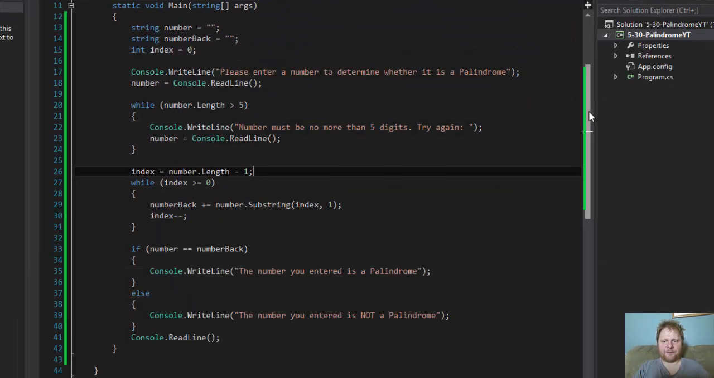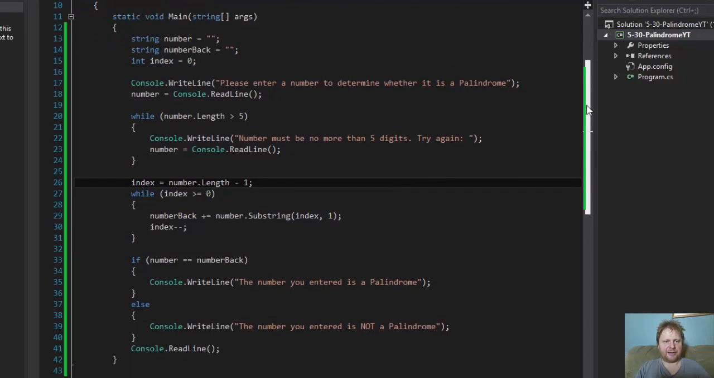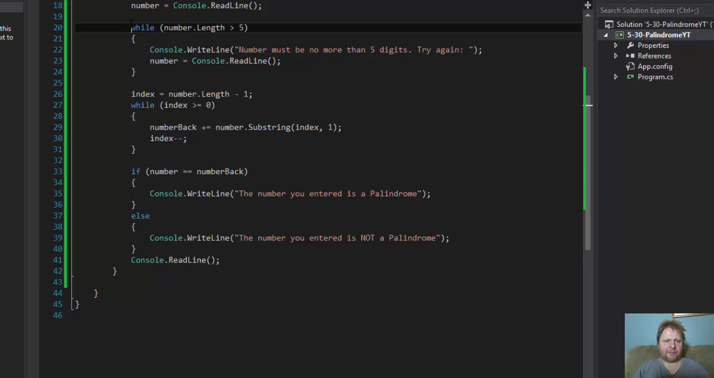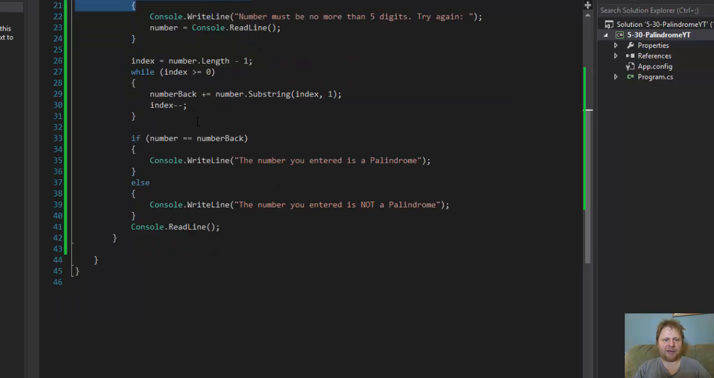All right, so let's recap. Again, I'm using a string. The user will enter a number, which I will check against using my number back, which will hold the same string but backwards. I check whether or not the user entered a string that is longer than 5 because the assignment calls only for up to 5 digits. If it is longer than 5, I keep looping and prompting the user to enter a new number. Once the user enters a valid number,